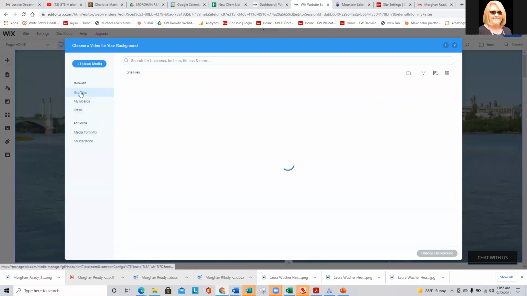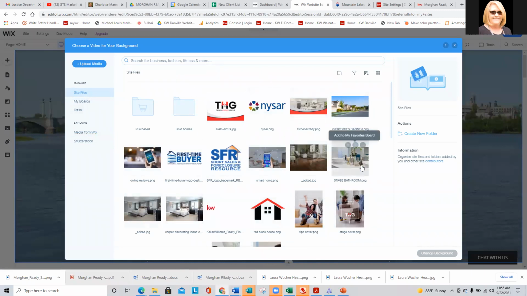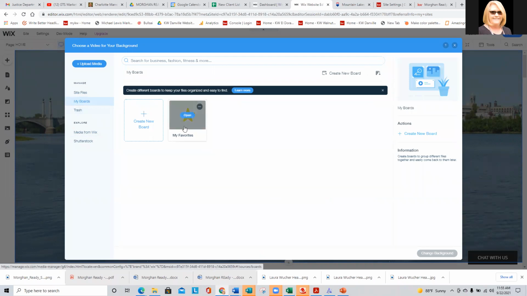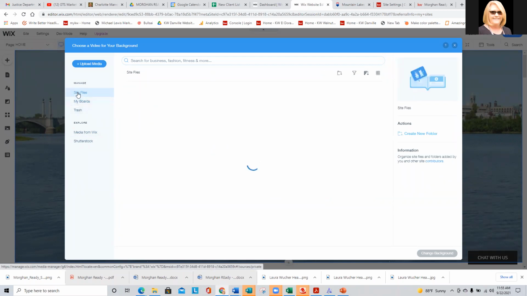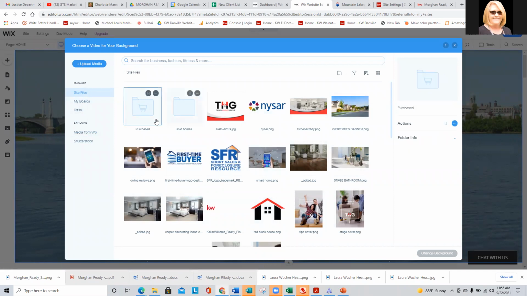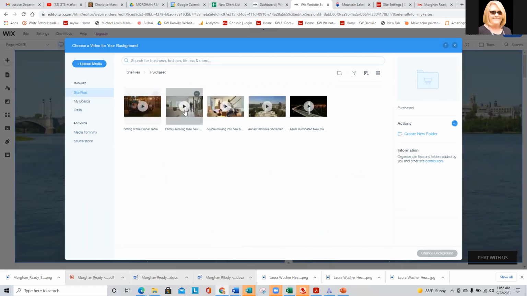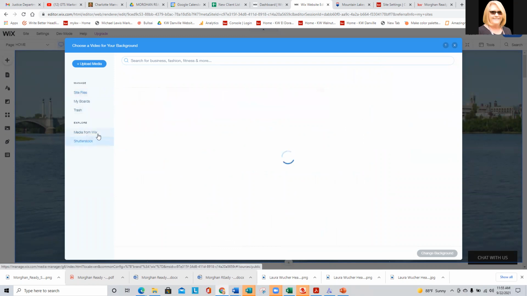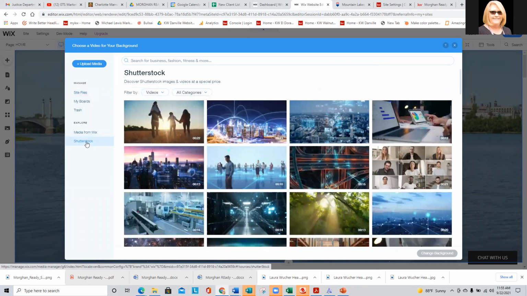And under site files, this is your personal media right here. Under my boards, you may have some favorites. Under site files, you may have some that have already been purchased for you. I usually try to put several in there that I have purchased from Shutterstock. You've got several in here already that you could use if you wanted to. Or you can go to media from Wix and get them for free, or you can go to Shutterstock and let's put in